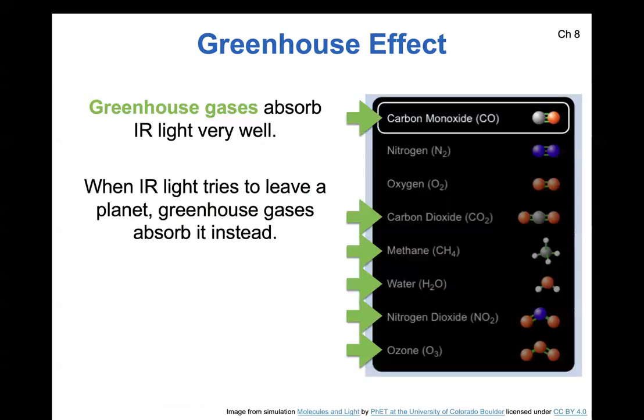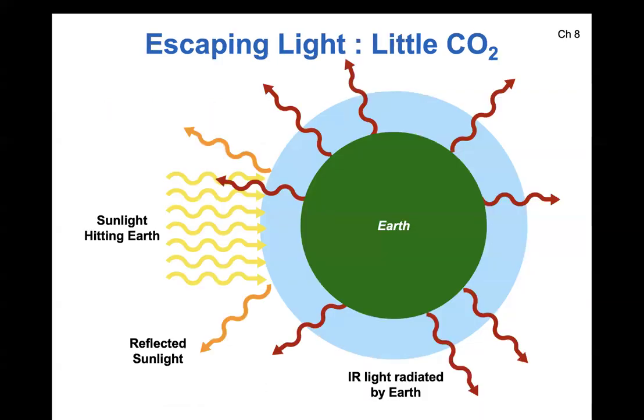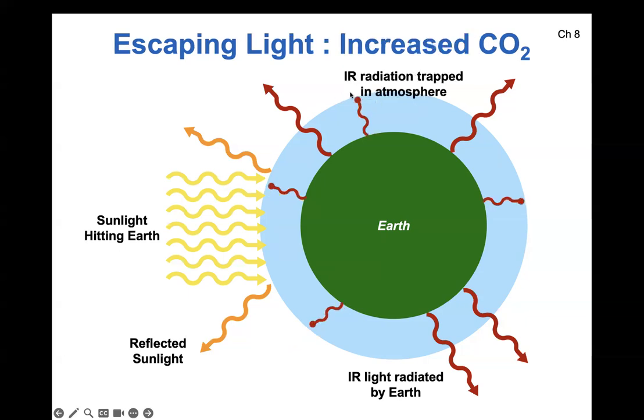Here's an activity. All right. This mentions, and there's always some nice links down here, the simulation from an excellent website called PhET, where you can look at different greenhouse gases. The greenhouse gases absorb infrared light very well. So they're really good at absorbing light, not reflecting it. Okay, so what would that look like? Okay, so if we have considered the condition that includes reflection, which are kind of these orange arrows, the one we were just talking about, but now also consider greenhouse gases, then we're going to have some amount of absorption